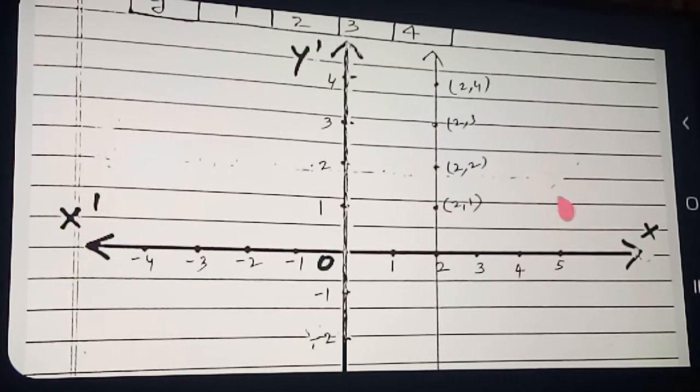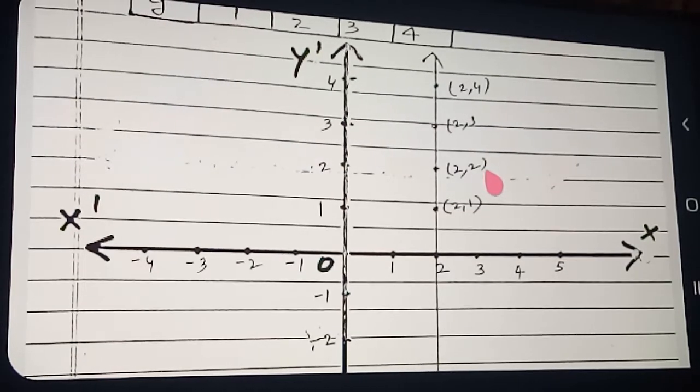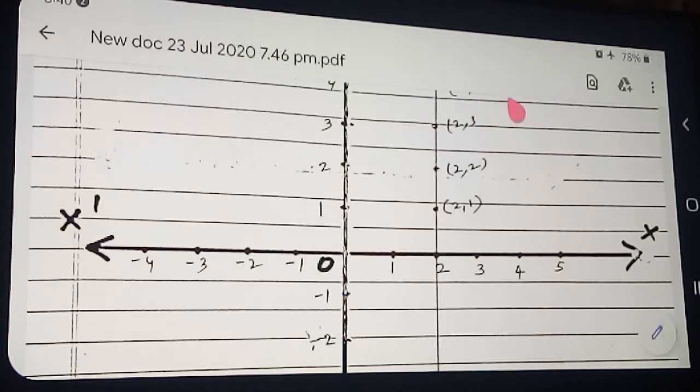First, remember: for x is equal to a, you want to know which term is absent. Y term is absent. So immediately you think, if the y term is absent, then it is a line parallel to the y-axis. Which term is absent? Y term is absent. Therefore, it is a line parallel to that axis, and perpendicular to the same axis. Perpendicular to the same axis means which term is present here?